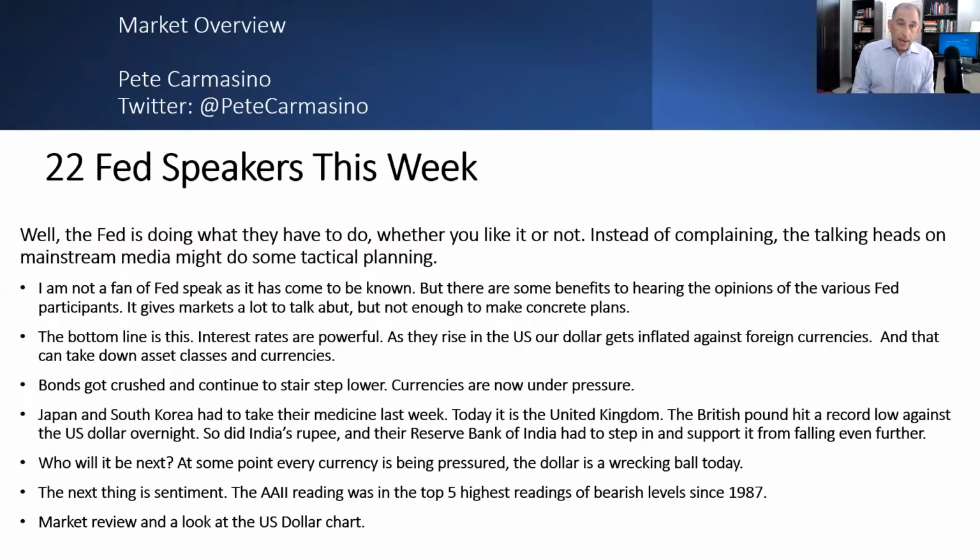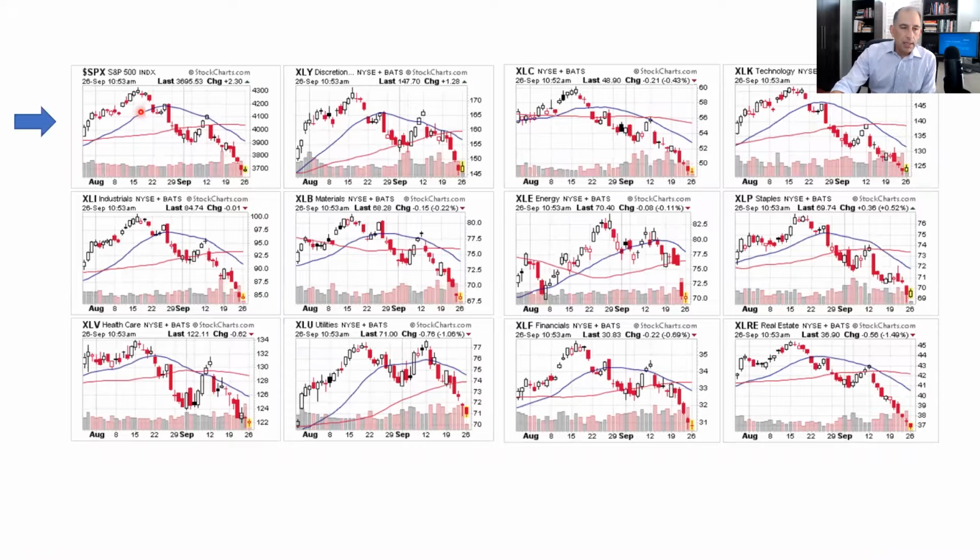So I think what's happening is sentiment is obviously being diminished, right? That's obvious, right? If we look at the AAII reading, and I'll show it to you today, it's really at one of the 5 worst readings on the bearish level since 1987. That's unbelievable. So let's take a look at what's going on here in the markets. There's our S&P charts right here. You can see the laser pointer. You've got discretionary, communications, and technology here right in a row, obviously under pressure. We knew that going into this.